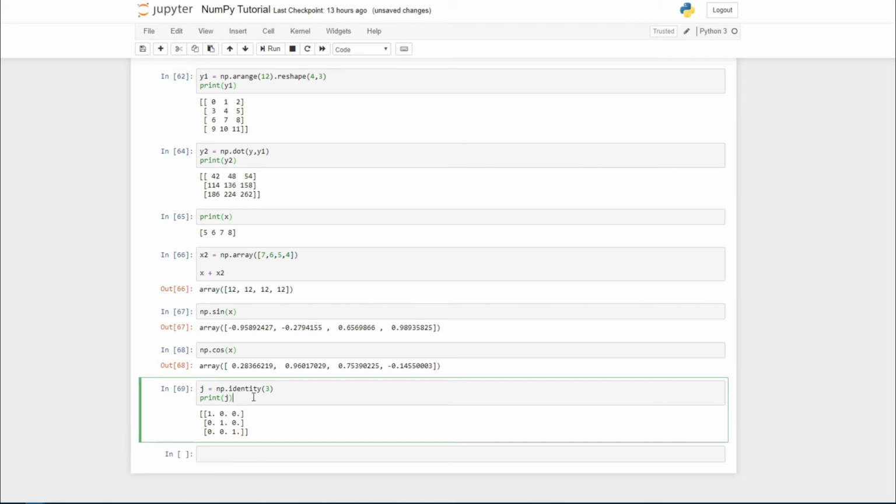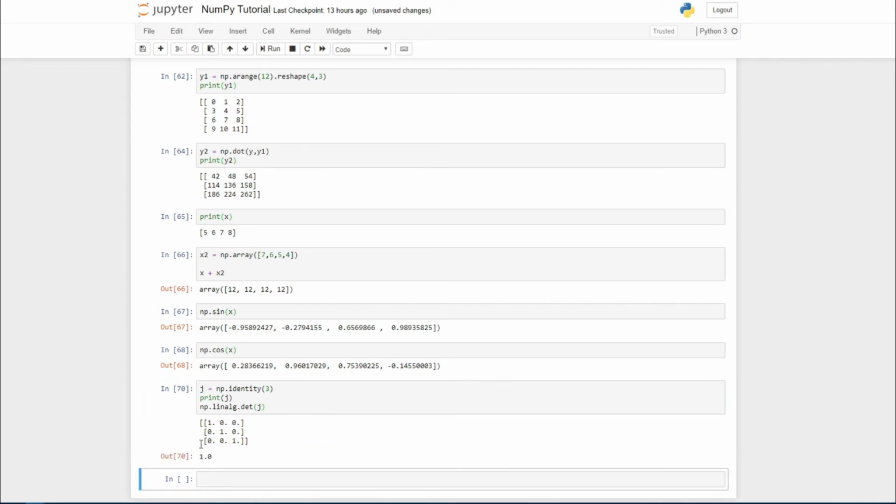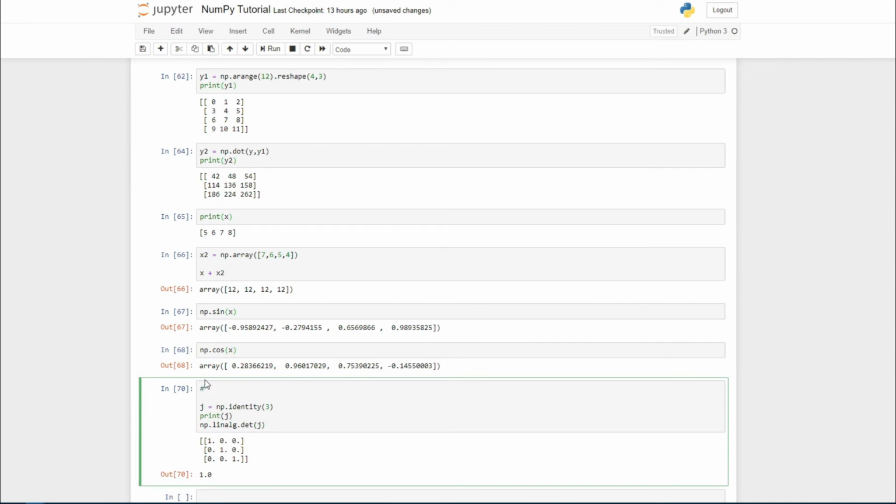So to calculate the determinant, you just need to write np dot linalg. All are in short form. LIN means linear, and ALG means algebra. So linalg, and then dot det, that is DET, and then the matrix which you want to get. For example, here we want to get the determinant of J, so we will pass J, and then it will print 1. You can see the output is 1. So yeah, the determinant of this particular matrix is 1. So let me just write over here, this is for determinant